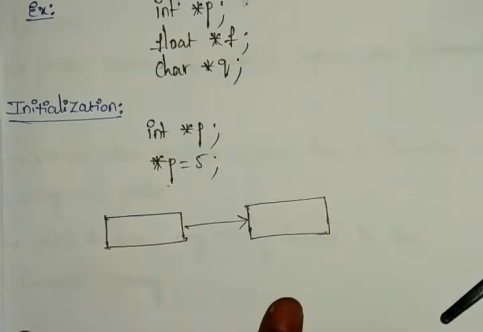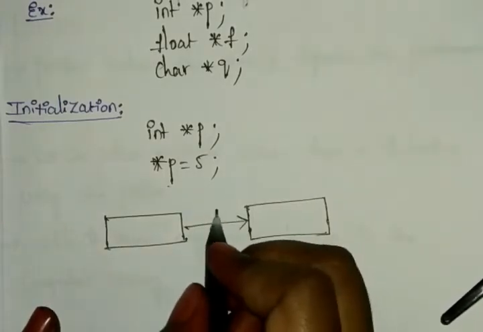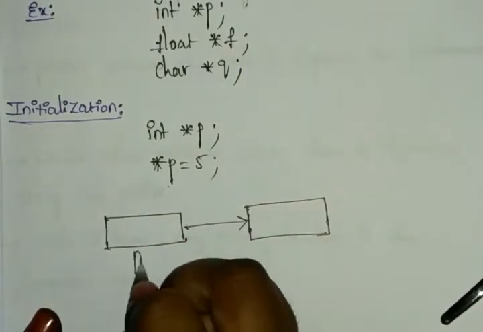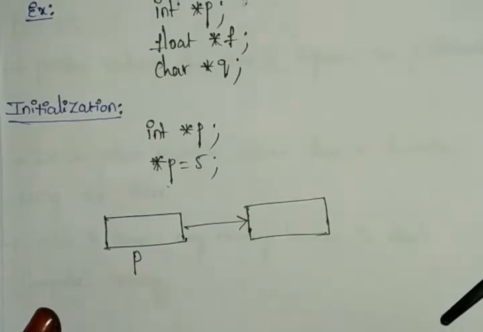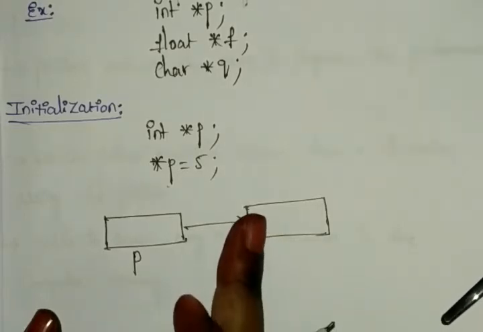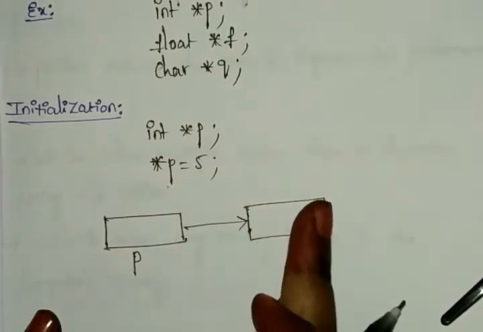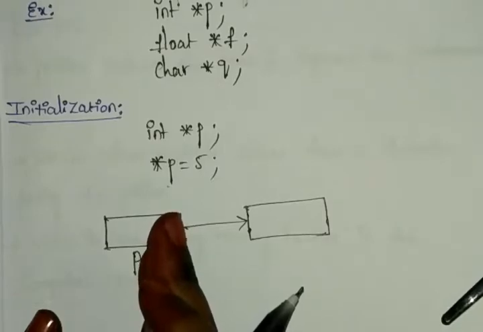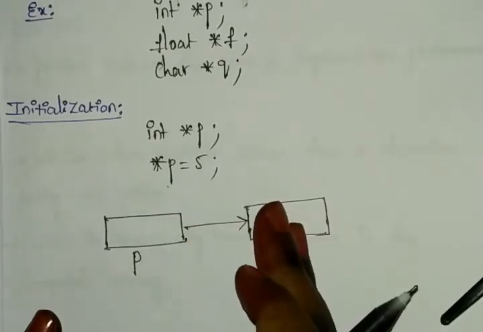I'm giving the information like this. So here we first need to write the p. By that only, here we can write our pointer p. So p is pointing to another variable, right? So one variable is pointing to another variable. Here I'm taking p as one variable, and the other variable is the pointer p.